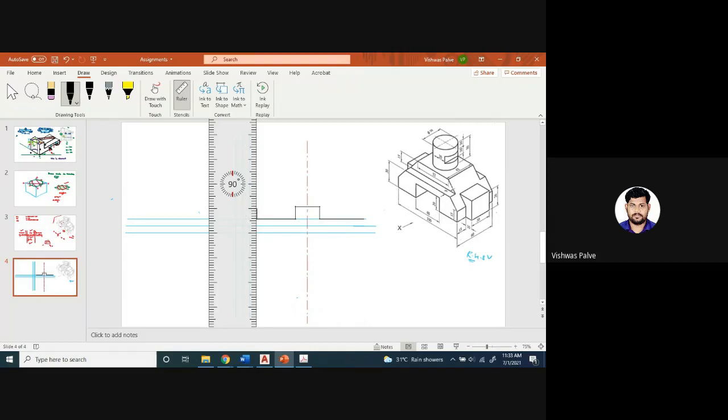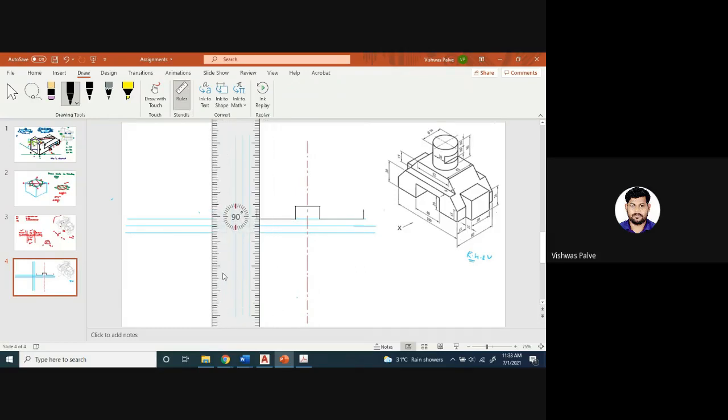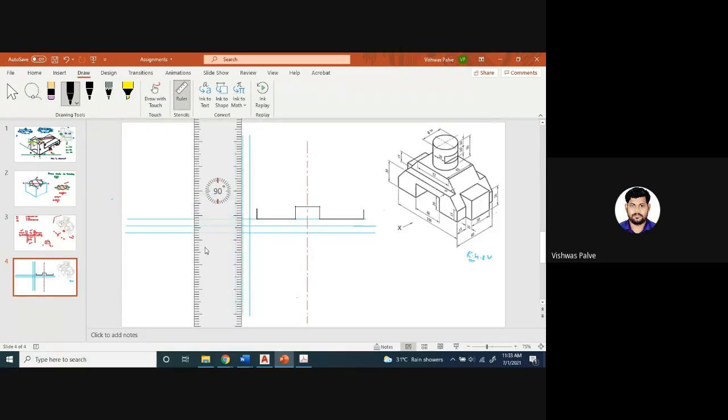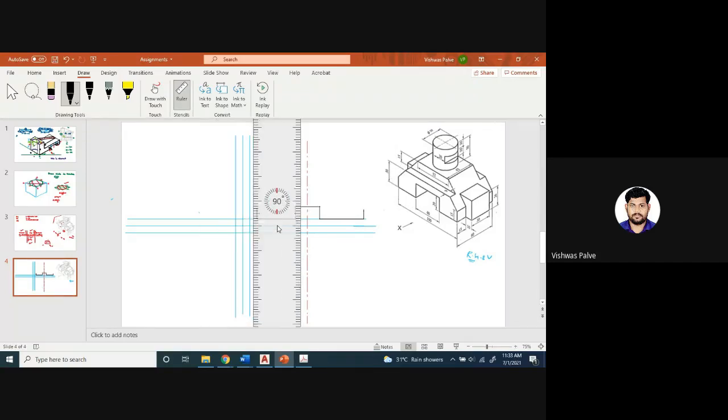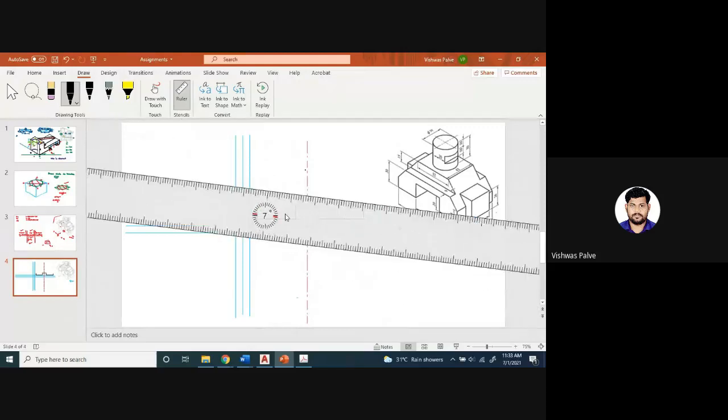15 millimeter vertical line on the left side. Similarly, 15 millimeter vertical line on the right side, and please start drawing it directly on the assignment book so that you can save your time. Okay, directly you can draw it in the assignment book. After doing this, we have to draw a horizontal line of 52 millimeter, which is at a distance of 30 plus 15, means at a distance of 45 millimeter. So I will take 45 millimeter in distance, right? So somewhere here it will be that 45 millimeter distance. After that I will draw a horizontal line whose length is 52 millimeter.